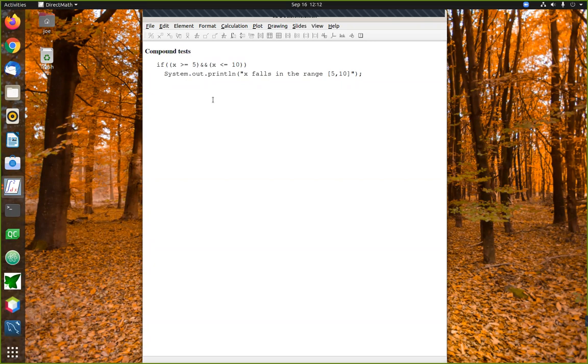So that's how we would determine whether or not a number falls into a range. To do that, we have to ask two questions, and the way that we ask two questions at once is we form the two separate questions, and then we combine them with this AND operator. When you're reading this, these pair of ampersands are read simply as AND. So the question reads, if x is greater than or equal to 5 and x is less than or equal to 10, then you know that x is in the range and you can go ahead and print a confirmation message. That's an example of a compound test that's formed by taking two separate questions and combining them with an AND.